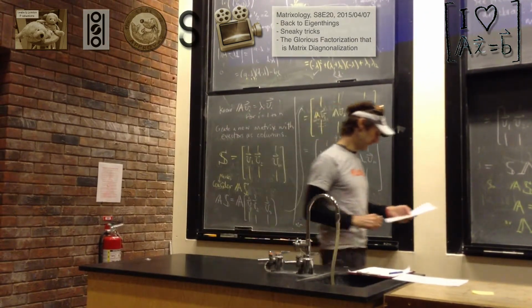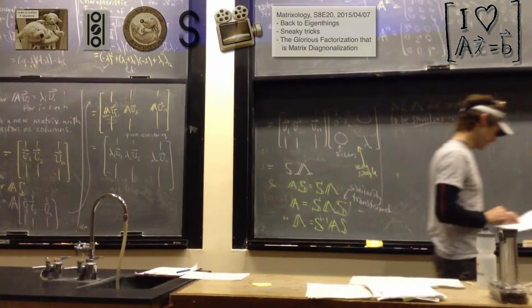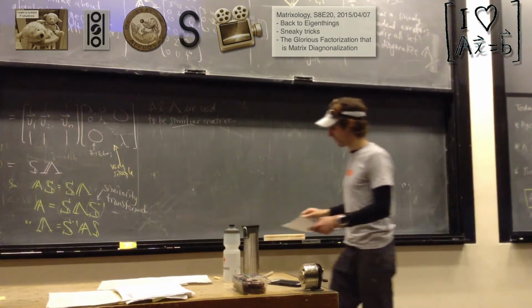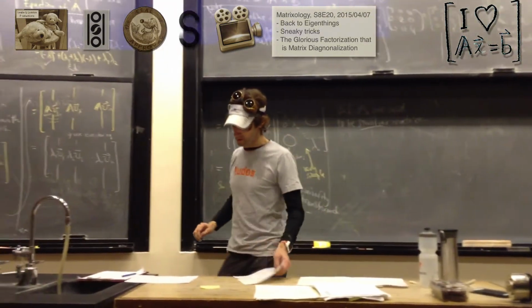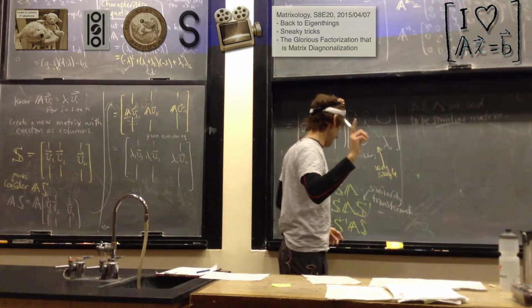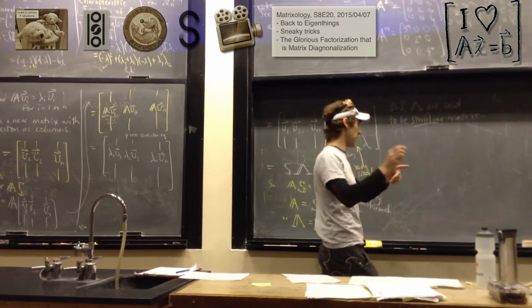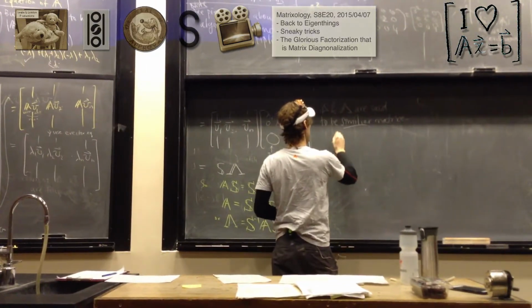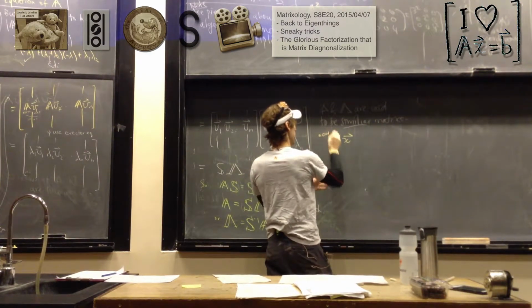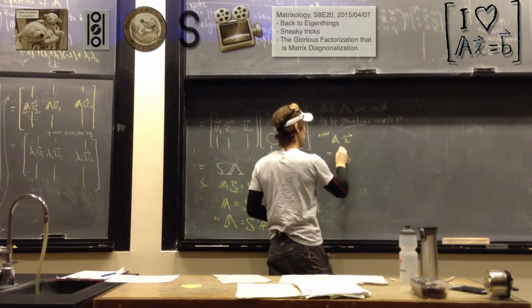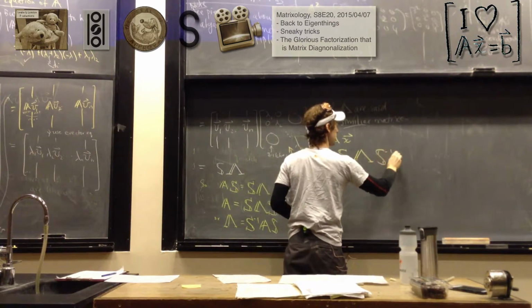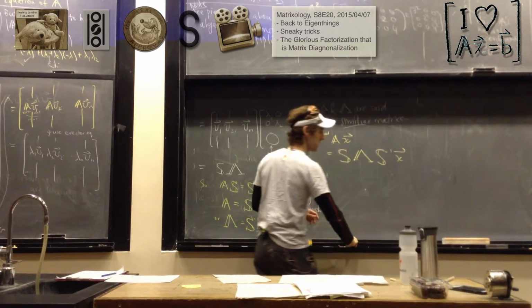But okay, so let's see if I can do one example for you. So what's going on? I'll just state a few things and then we'll try to work through an example. So A times X. Now we can think of it like this. A times X is, there's an S, there's this character, and then S to the minus 1 times X. And what we're going to see is that,